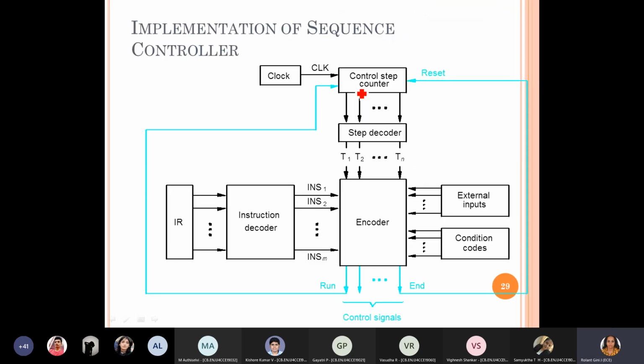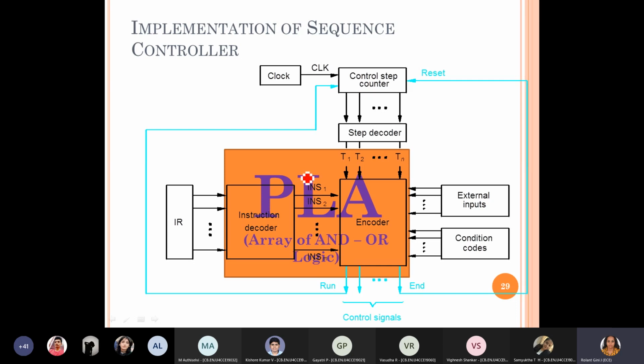Okay, so this entire decoder and encoder circuit you can replace with the AND and OR logic, right? Where your control unit design will be over with a single readily available off the shelf component, right? It's very important, because if the component is not available off the shelf, then designing itself will consume a lot of money as well as time. Okay, that's why our processor costs are so high.